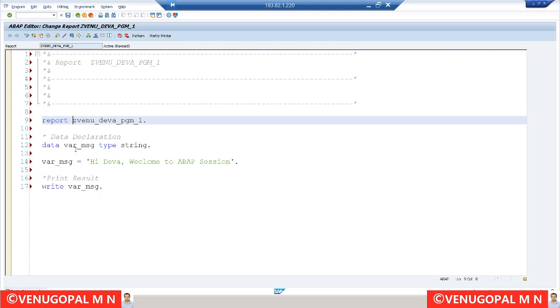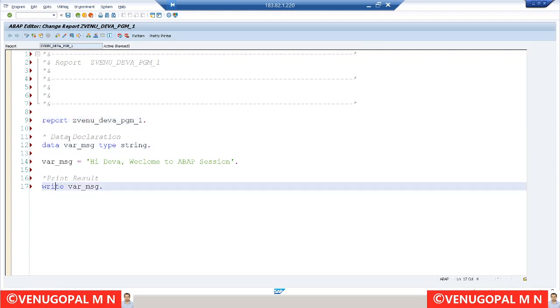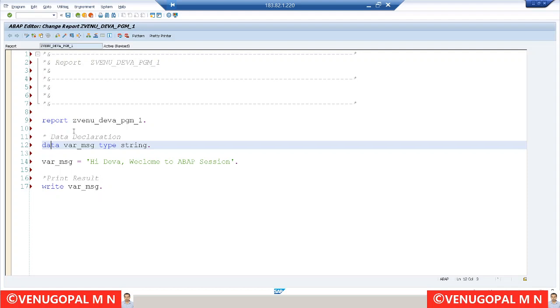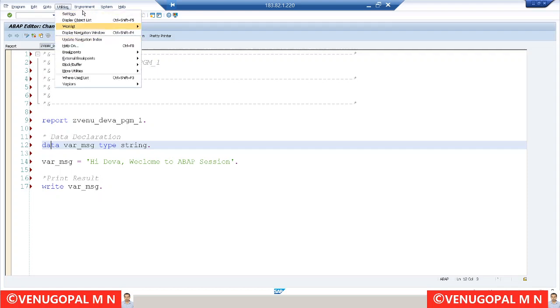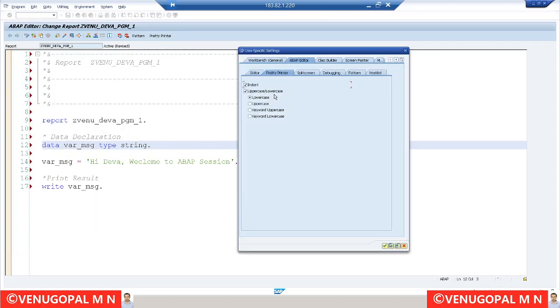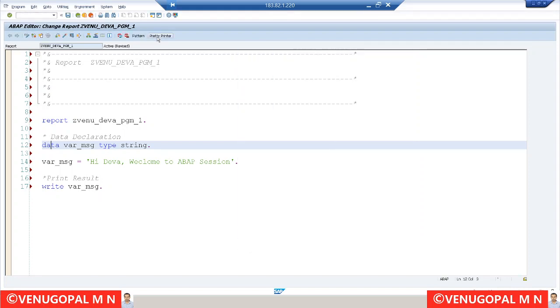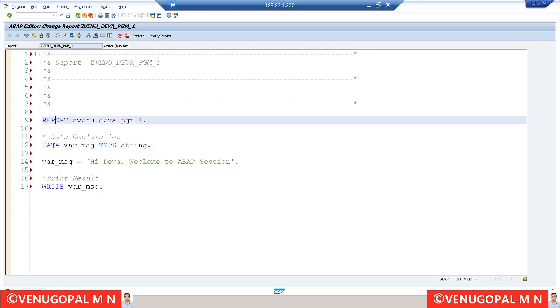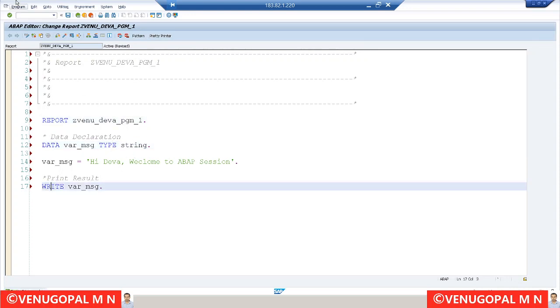But all over the world, the majority of clients follow these blue color keywords, right? All of these are called SAP reserved keywords, in uppercase. So let us go back and choose settings. Under Pretty Printer, you can see uppercase or lowercase, and under that there is something called keyword uppercase. This setting will convert all the SAP reserved keywords, for example in this program REPORT and DATA TYPES, into uppercase. Everything else will remain in lowercase. Let us click on Pretty Printer. You can see all SAP reserved keywords are converted into uppercase.